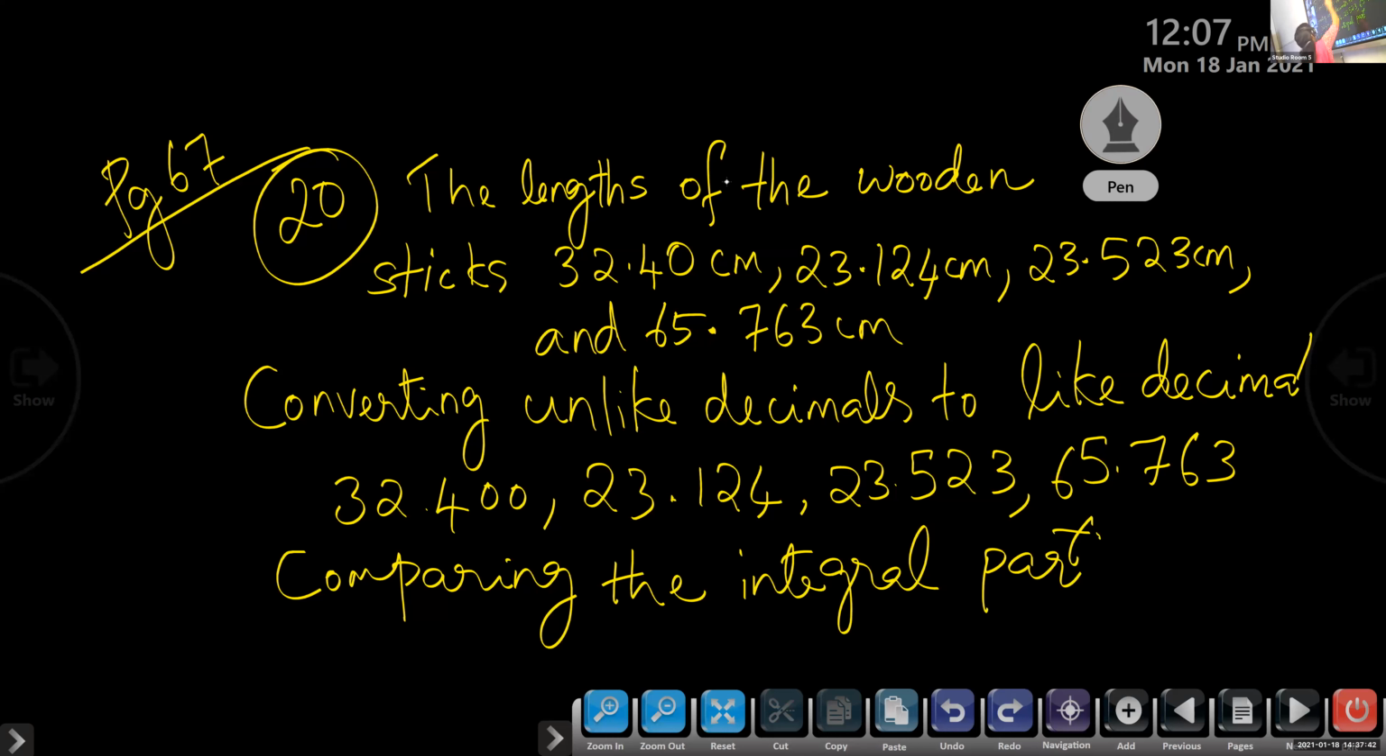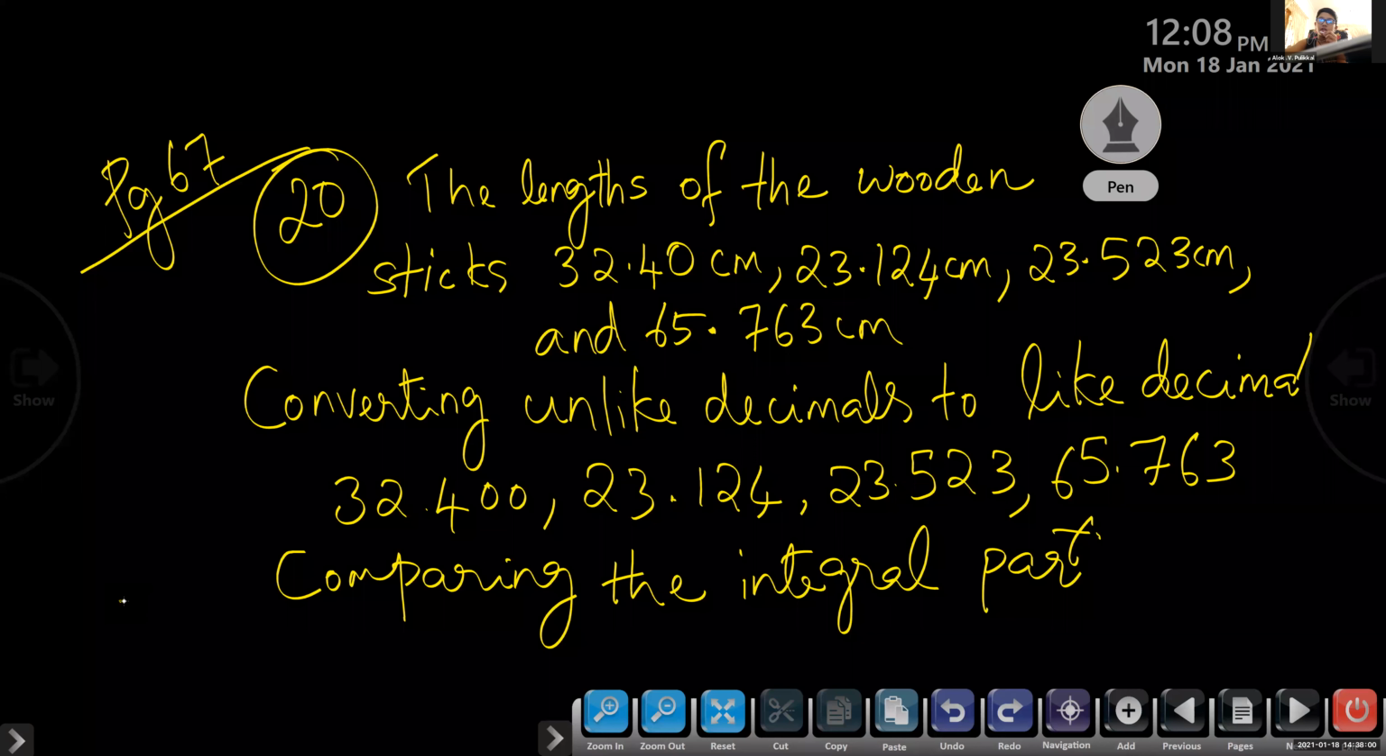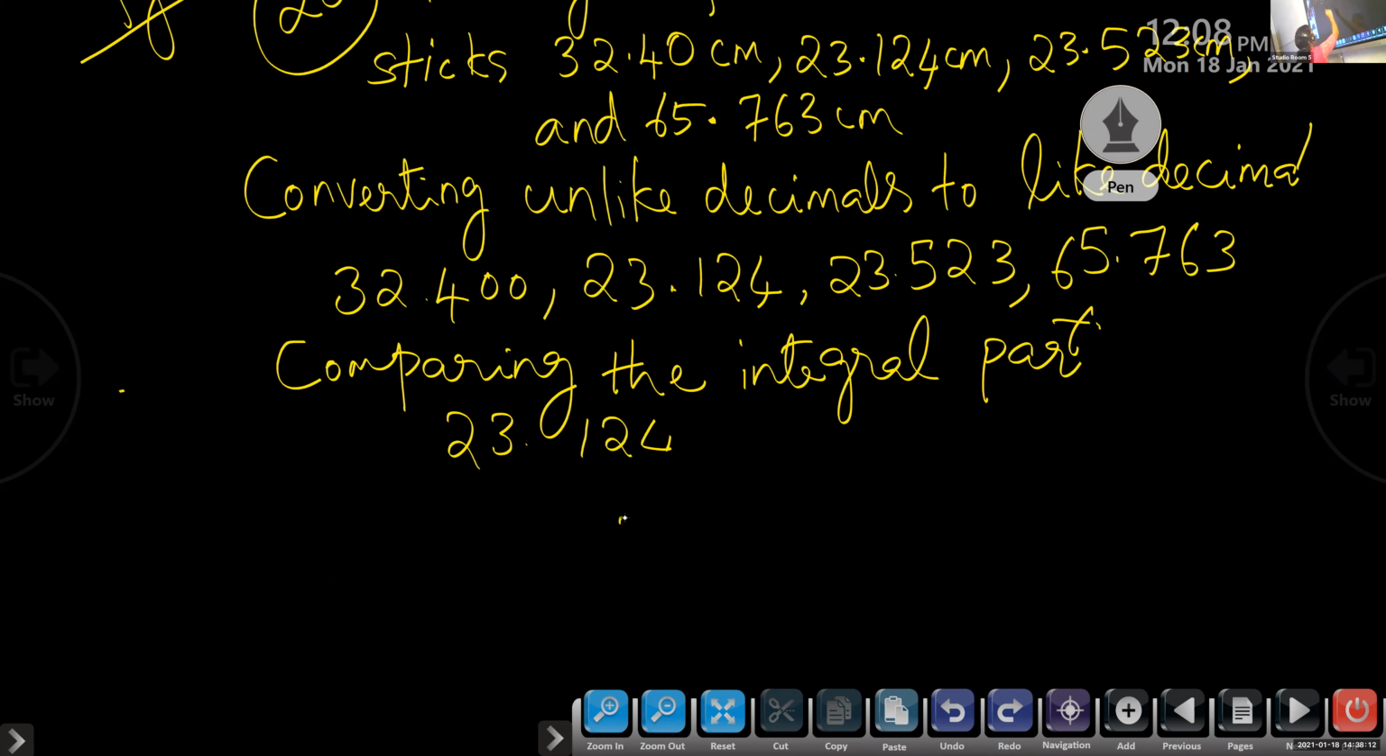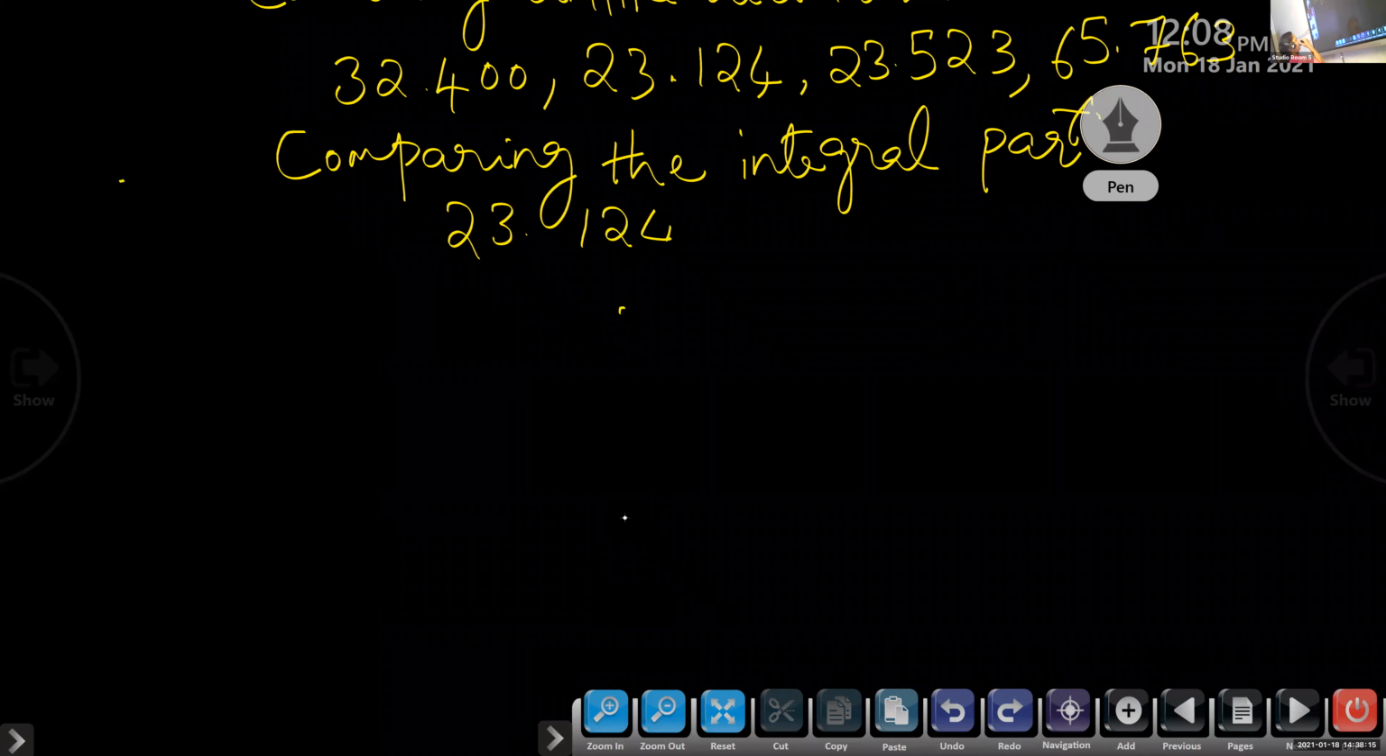So who can tell me here? Yes, Alok. Tell me which is the smallest from here. Ma'am, first one is the smaller. Which one first? 23.124. Comparing the integral part, here we have 23 and 23, so we are comparing the decimal part also. 23.124 is less than